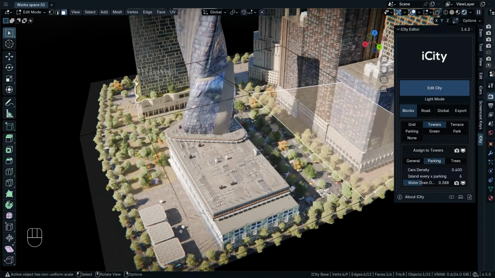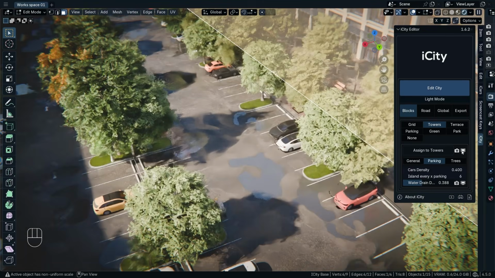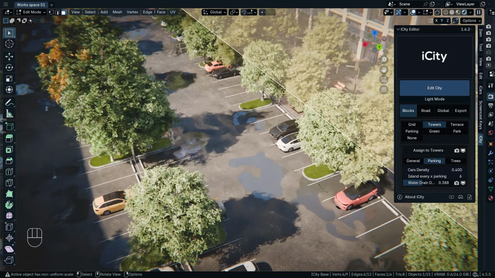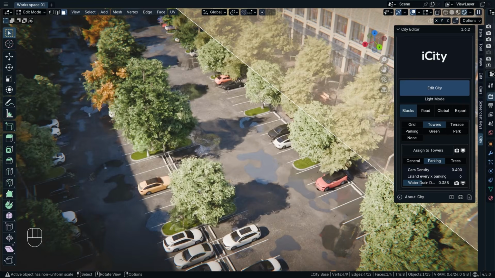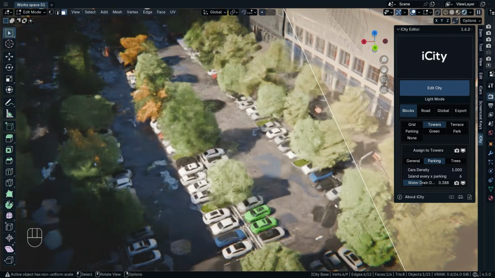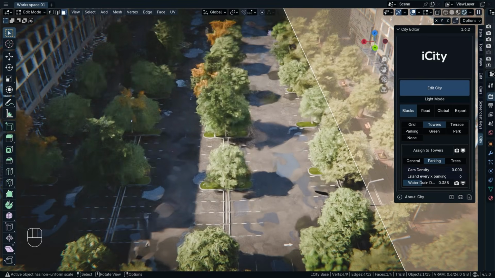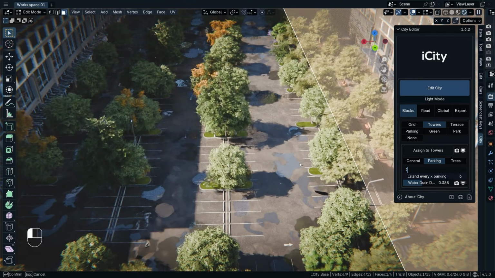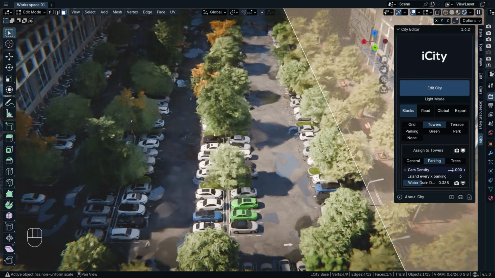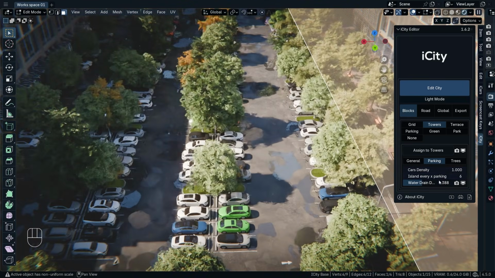Then we have the parking, where you can control the parking settings. You can control the car density. For example, there's 40% of the parking slots filled with the cars. You can just increase it up to 100%. Now you'll end up having a lot of cars. You can't go more than 2 or less than 0. Okay. And you have the, why did I click 2? Anyway, you have the